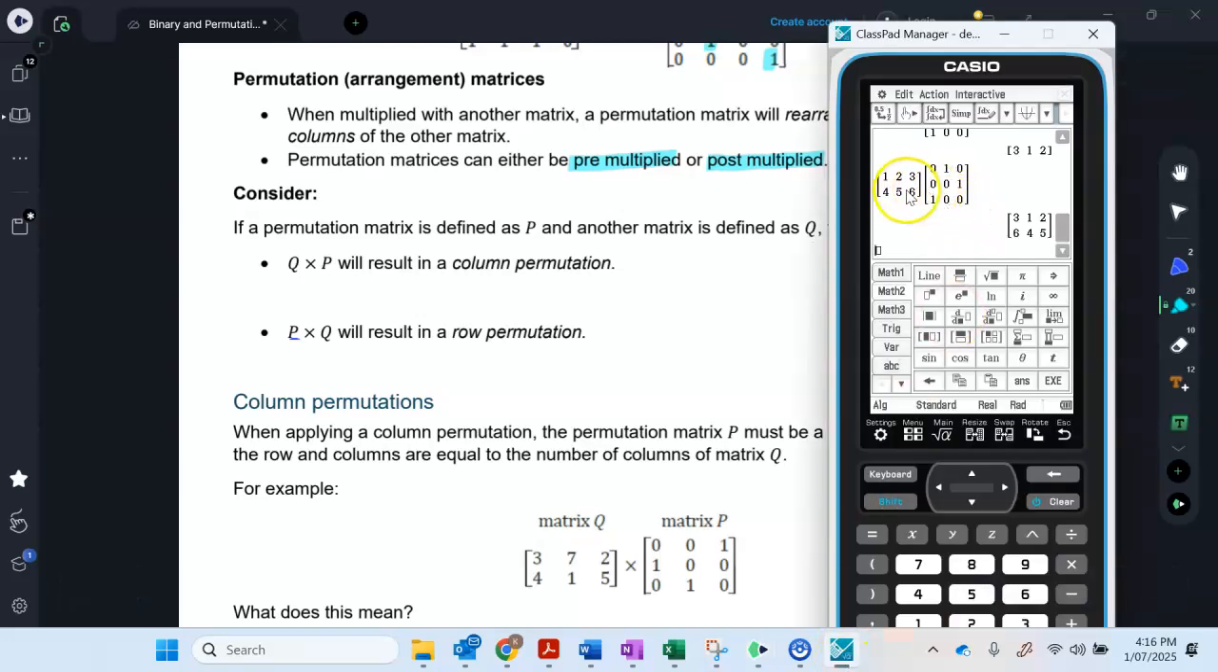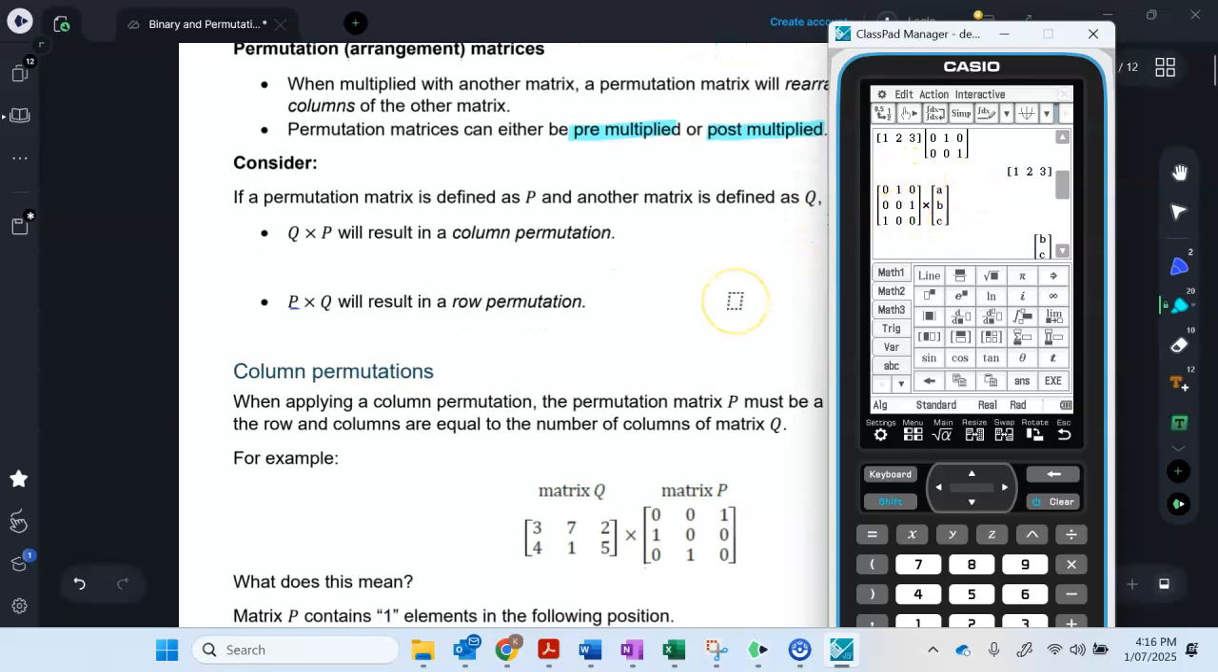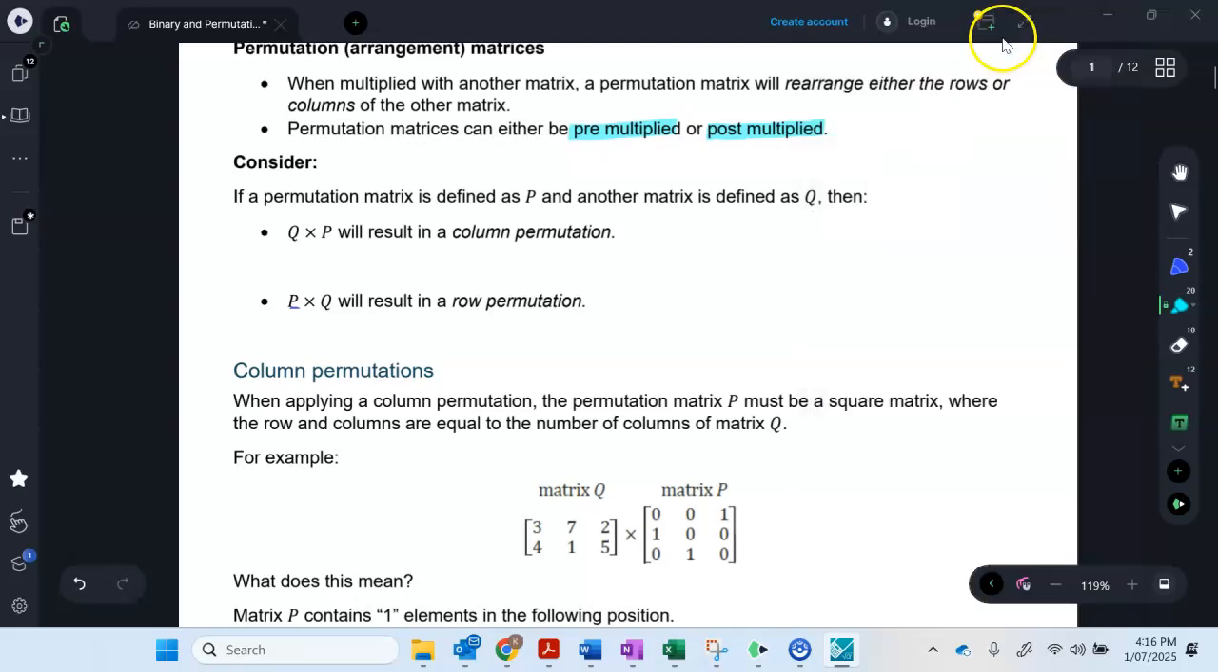So if we have a look at this one, our permutation matrix is coming last. It's post-multiplied, or it's to the right. Whereas this one was pre-multiplied. So this matrix was being pre-multiplied by our permutation matrix. So if we have the permutation matrix second or after, or it's being post-multiplied,